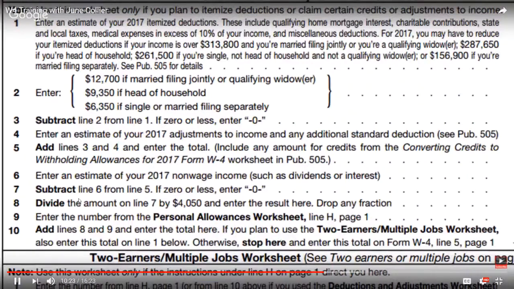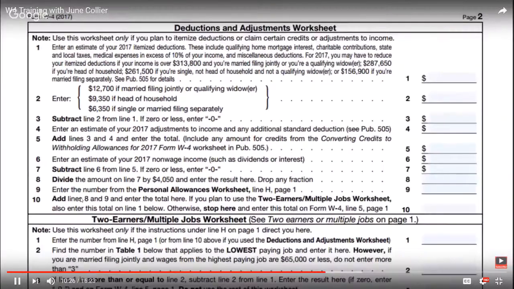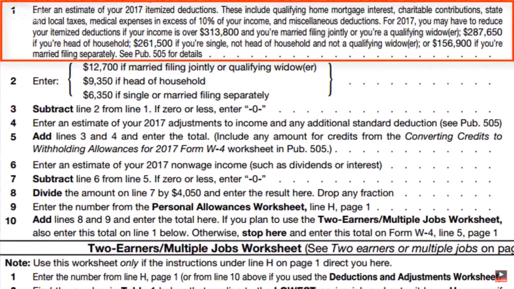Susan has started a business with myEcon, so she plans to claim adjustments to income based on the business expense deductions she plans to claim in her business. Line 1 reads, enter an estimate of your 2017 itemized deductions. These include qualifying home mortgage interest, charitable contributions, state and local taxes, medical expenses in excess of 10% of your income, and miscellaneous deductions. For 2017, you may have to reduce your itemized deductions if your income is over